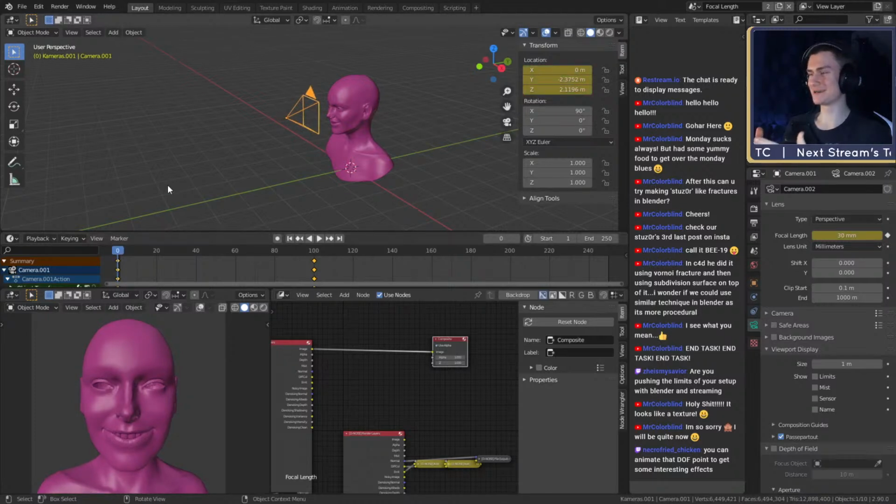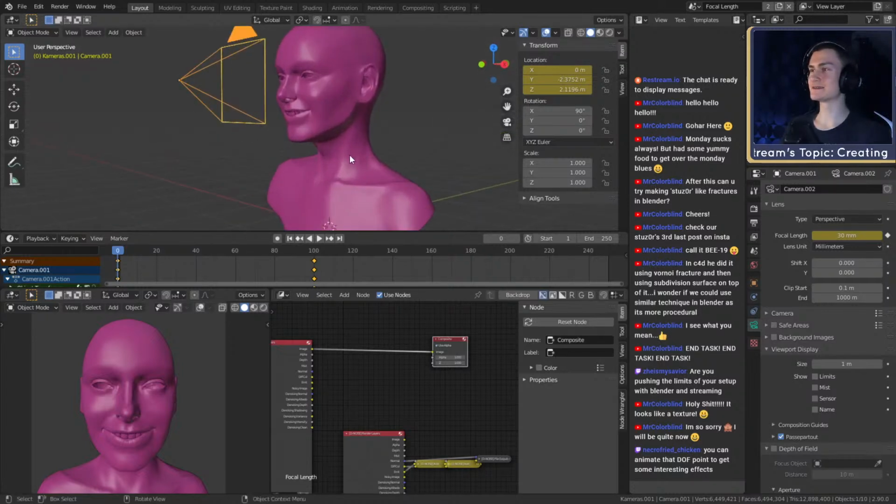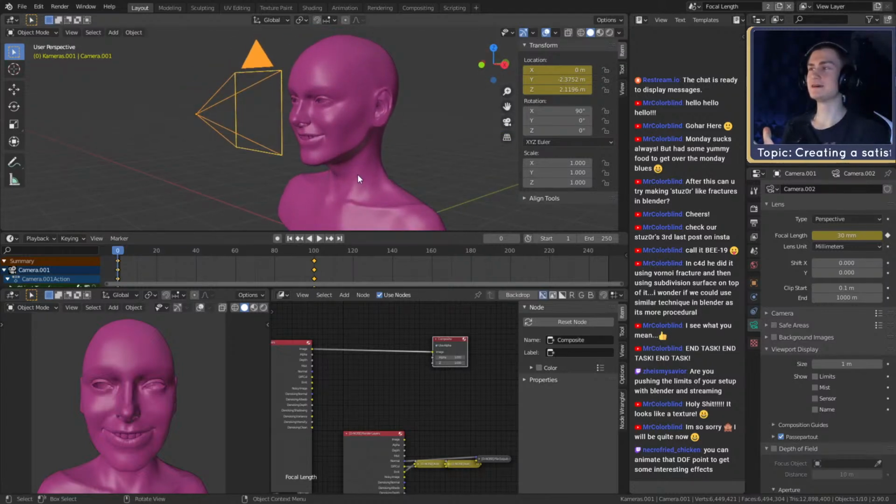The proportions are warped all over the place, as you can see. So what I want to show you with this is to always keep in mind the focal length you have set for your camera, not only if you render your character, but also if you, for example, use